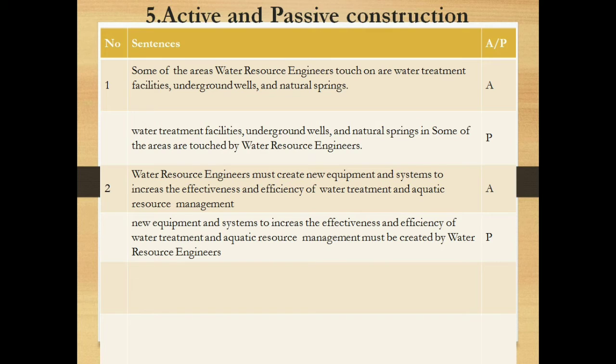Water treatment facilities, underground wells, and natural springs in some of the areas are touched by water resource engineers. Passive. Number 2. Water resource engineers must create new equipment and systems to increase the effectiveness and efficiency of water